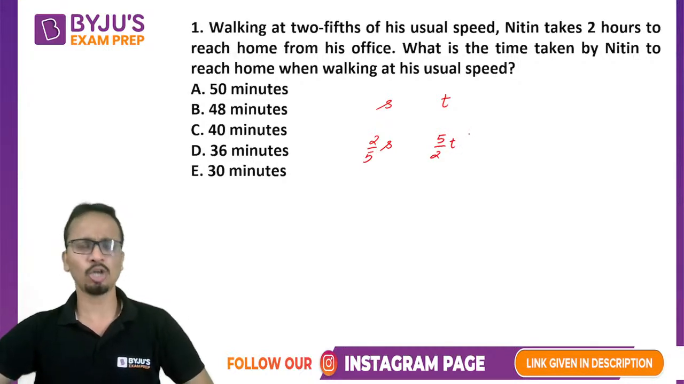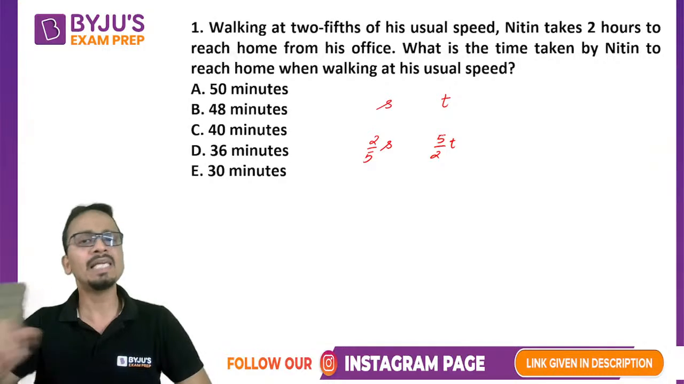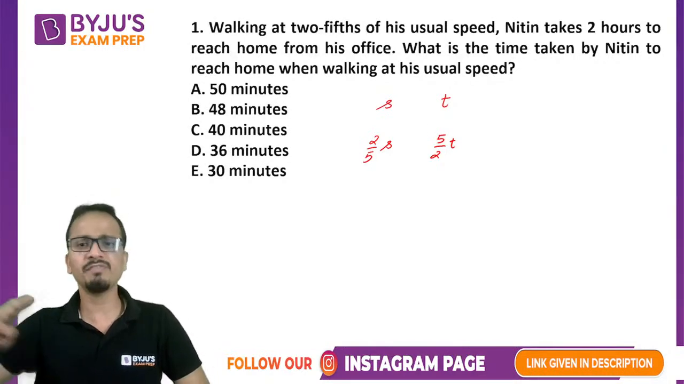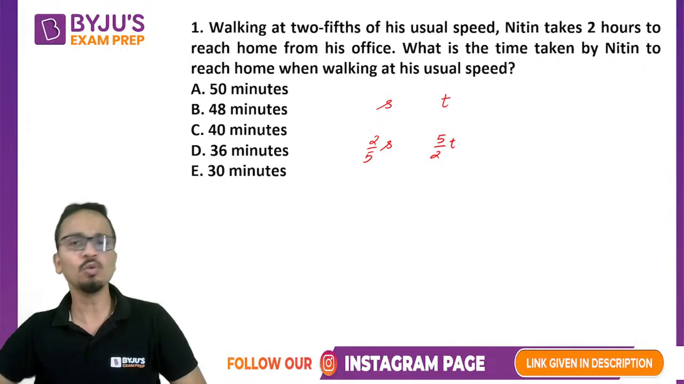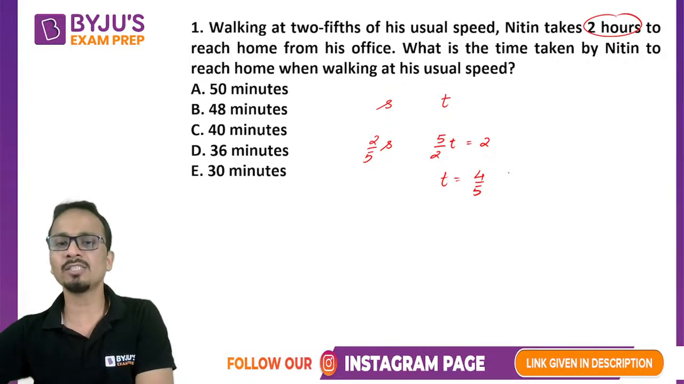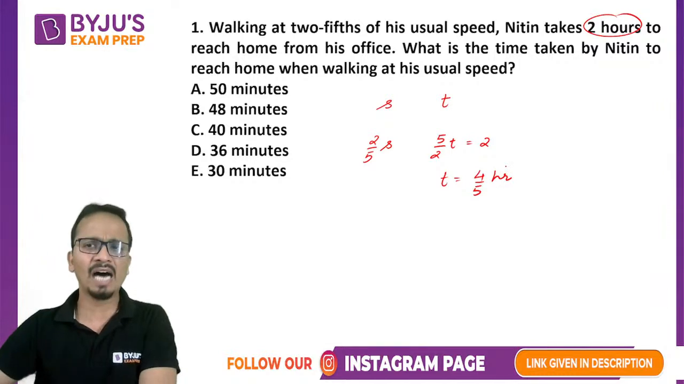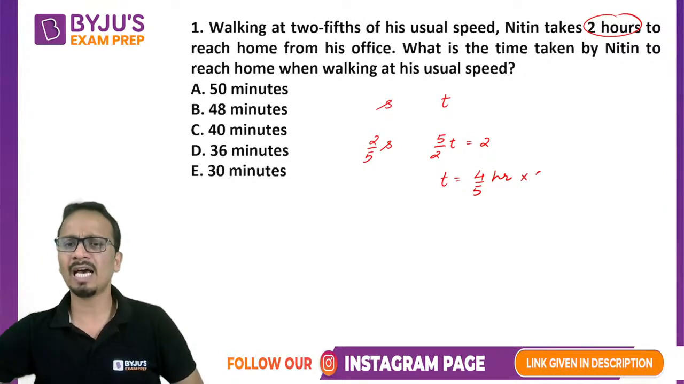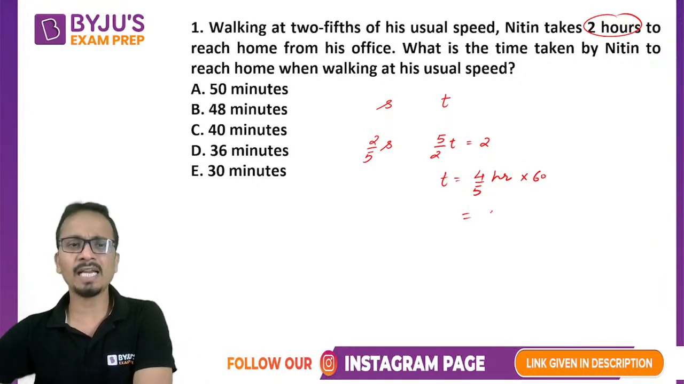All right, this is a shortcut for this one. Since speed and time are inversely proportional to each other, speed has become 2/5, so time will become 5/2 of the original time. And this particular time is given as 2. So the value of t will become 4 upon 5. Since this was in hours, it will be 4 upon 5 hours. Now if I convert 4 upon 5 hours into minutes, I'll multiply it by 60 and I'll get the answer